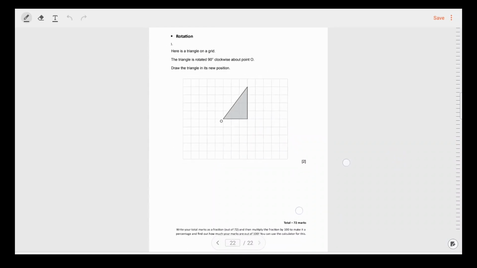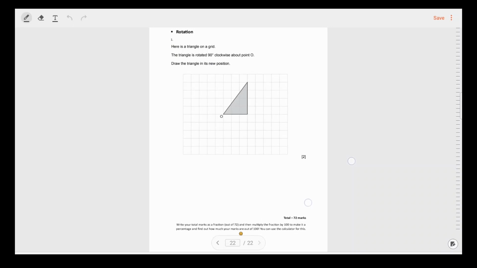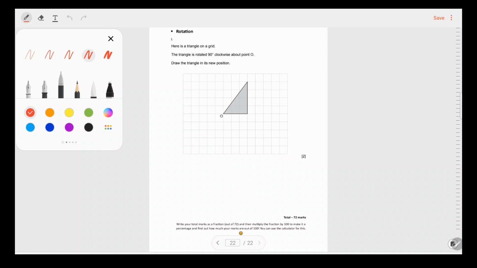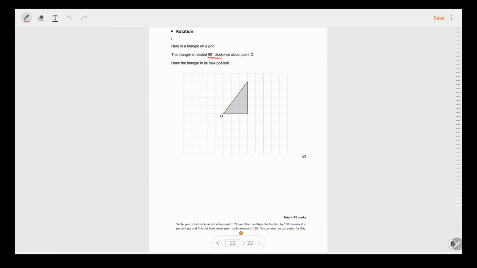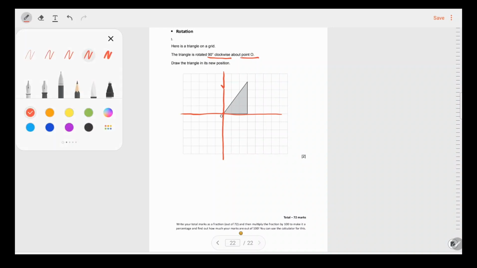Right. So the last topic is rotation. This is something quite unique to Cambridge. So here we are supposed to rotate this triangle 90 degrees clockwise about point O. So if we need to rotate it about point O, we make point O the center of a cross and we draw a cross that looks like this, right? And then thereafter,